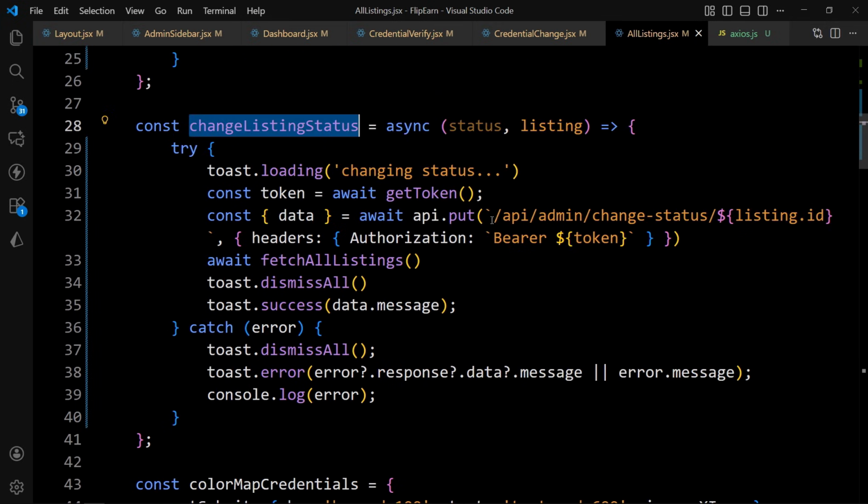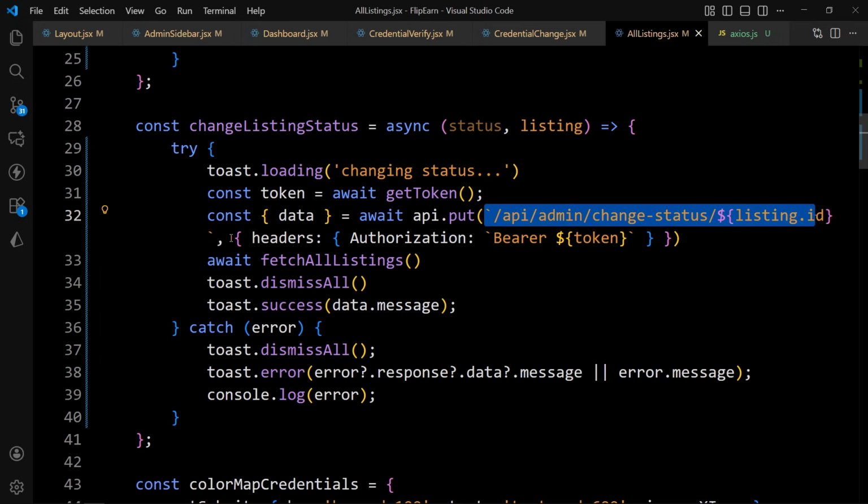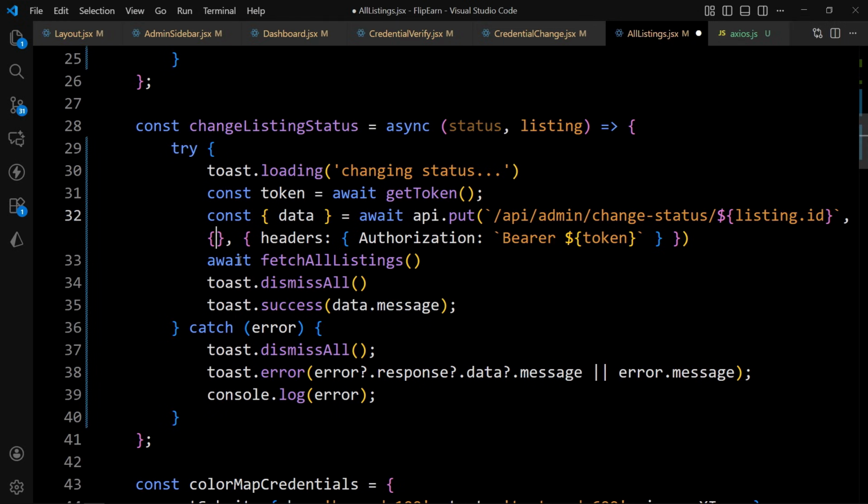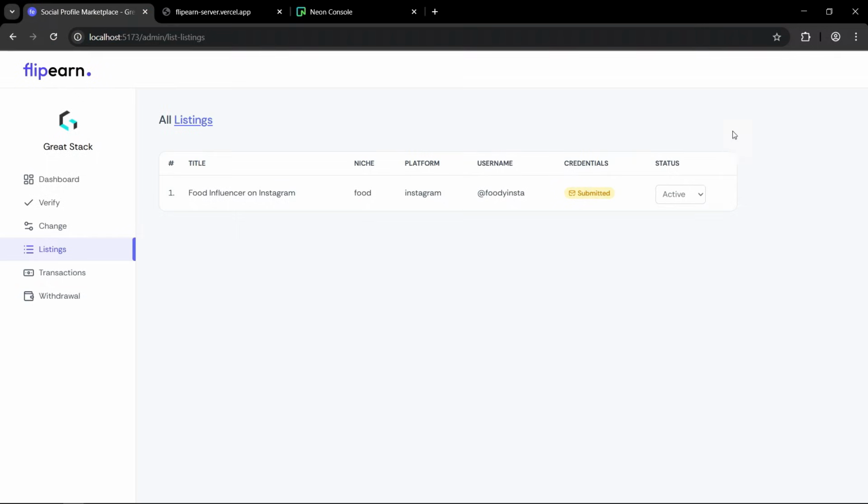You can see we have added this API call, then we have added the headers. So before headers here we'll add curly braces and then comma. Now in this one we have to provide the new status that will be updated, right? So here we'll add the status that we are getting from this parameter. Save the changes and come back here. Now if I change it to inactive,